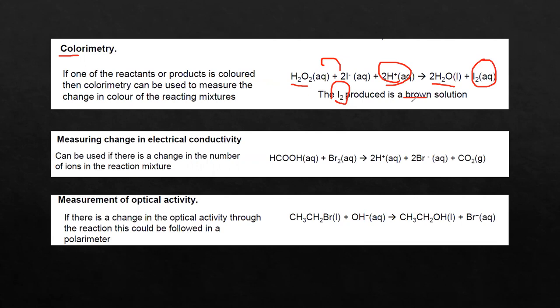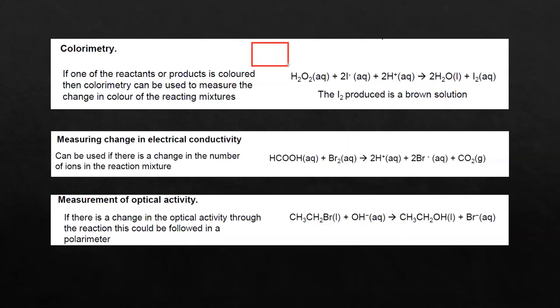Iodine itself, as a solid, is black or purple, but depending on the solvent, because it has weak van der Waals forces, it is soluble in both water and alcoholic or organic liquids, and shows a different color. So you can see a colored substance is there, so we can use colorimetry to identify the change. How it is done: basically you will have a sample, a flask, a container